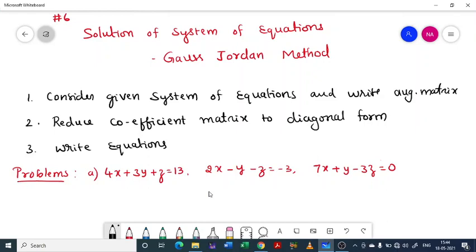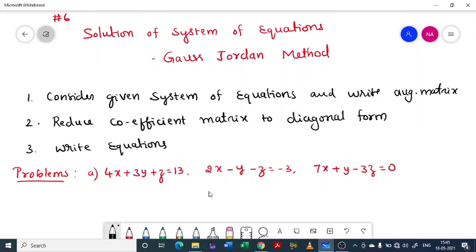So after reducing the augmented matrix, I mean the coefficient matrix, to upper triangular form, we are supposed to write the system of equations again. You can take that as one disadvantage or one demerit of Gauss elimination method. But as we are using the matrix method, we must have a method where only the matrix method is enough to give the solution. So Gauss-Jordan method avoids the back substitution case.